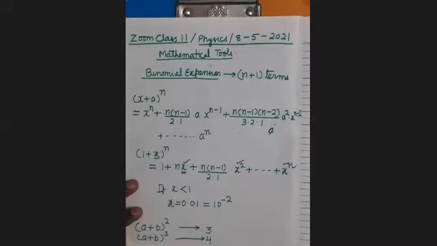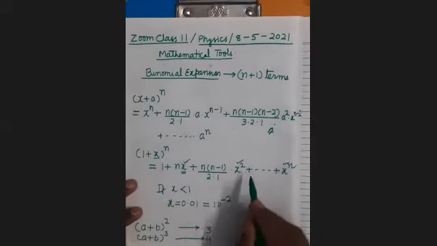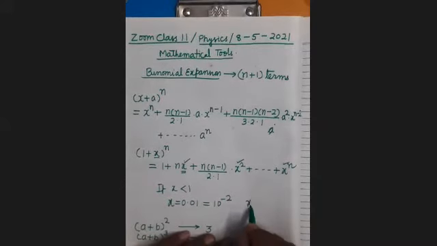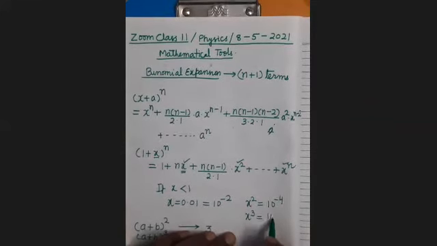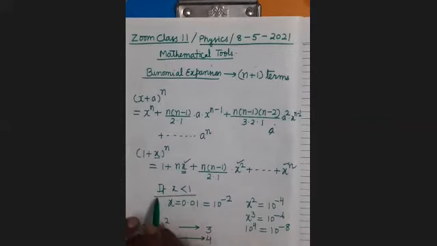What will you find? You will find that x^2 becomes 10^-4, x^3 becomes 10^-6, x^4 becomes 10^-8. Means if x is smaller than 1,